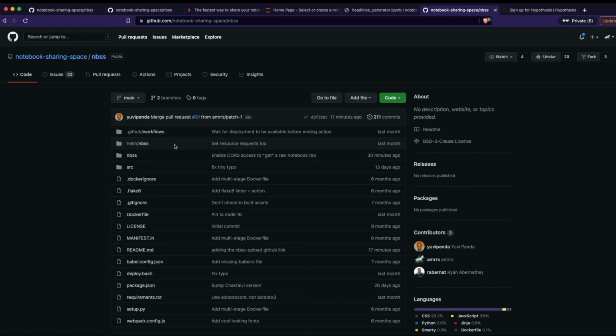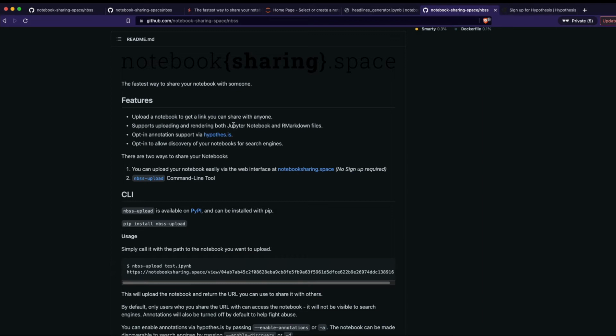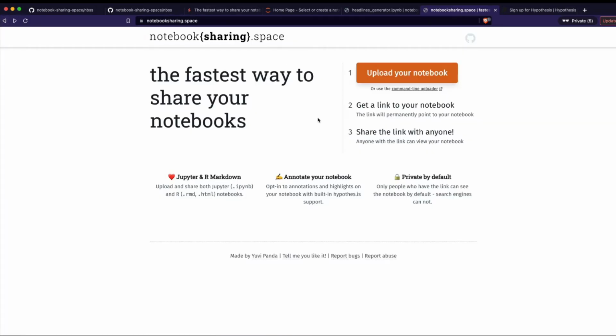You can go to this GitHub repository that actually powers the page that we just saw, and you can see what is happening behind the code if you have any question or doubt about this tool. That's the greatest thing. That's the power of open source, because now you don't have to worry about what somebody is doing with this, what is happening, where this is going. You can get all your questions answered from the GitHub repository. So the code that powers notebooksharing.space is open source, and it's also very easy for you to share, simply the fastest way, as the service claims, to share your notebooks.